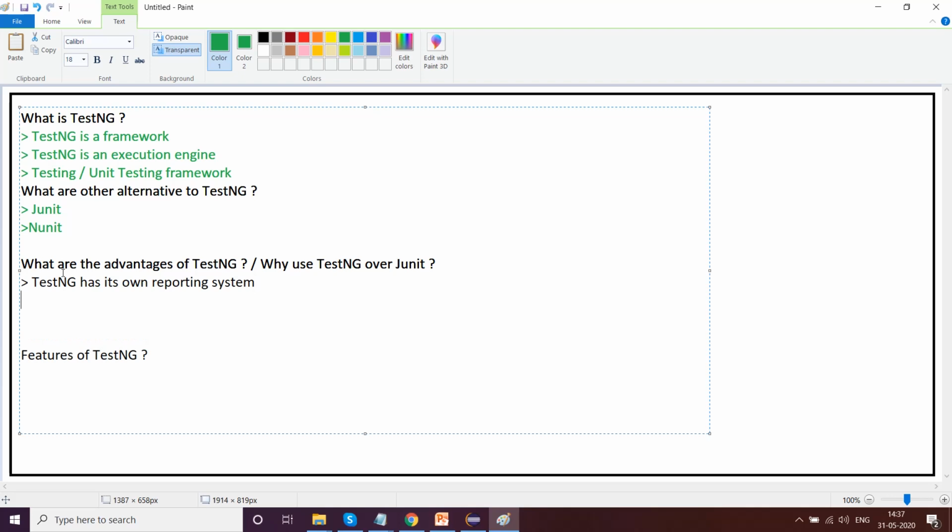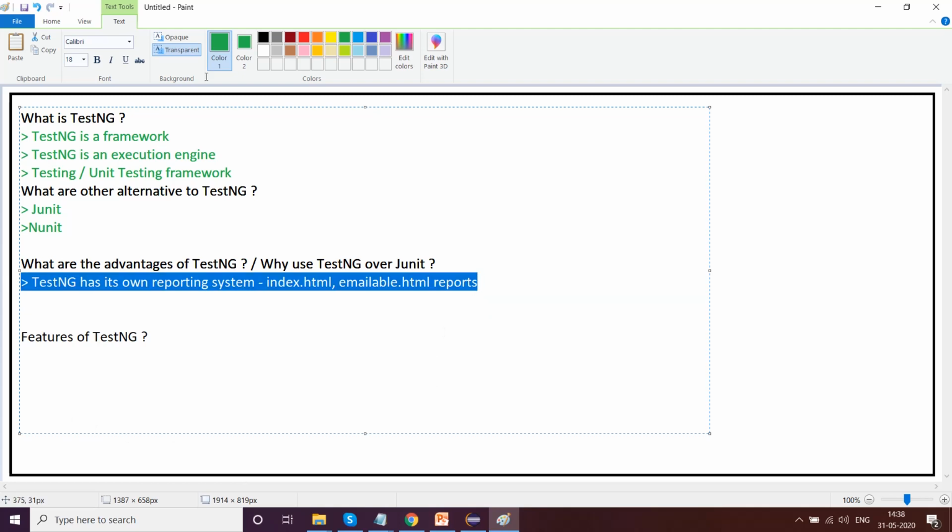For example, we have index.html reports and emailable reports. Even though they are HTML and not very grand, they actually have a reporting system. JUnit does not have its own reporting system, and that is why TestNG is very popular.